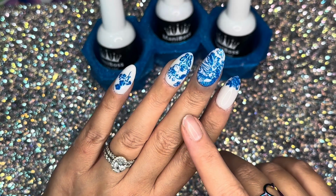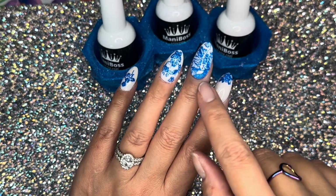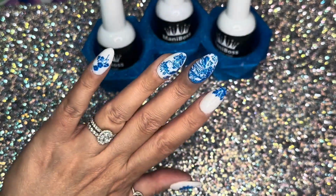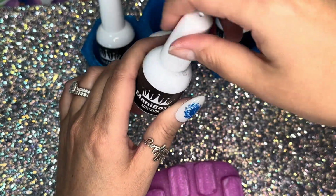While I was waiting, I got impatient because I don't like just sitting, so I went ahead with that cleanup brush that I showed you earlier. I went ahead and cleaned up my middle finger to get all that excess polish off. So what I'm going to do is I'm going to go in with one final layer of activator, and I'm going to kind of